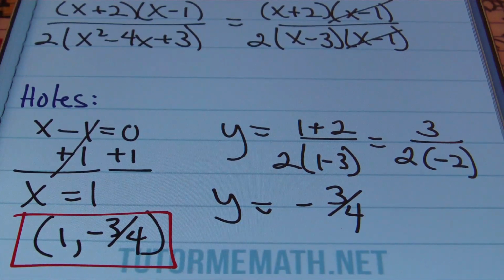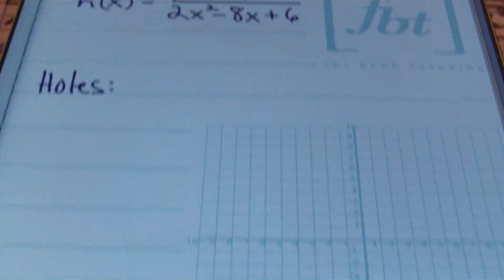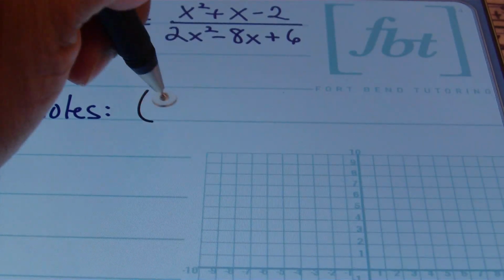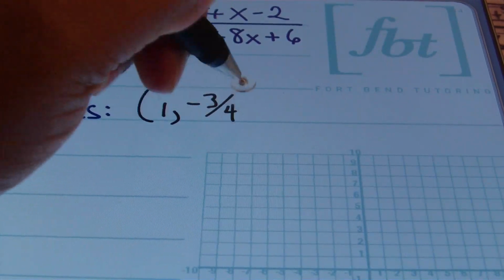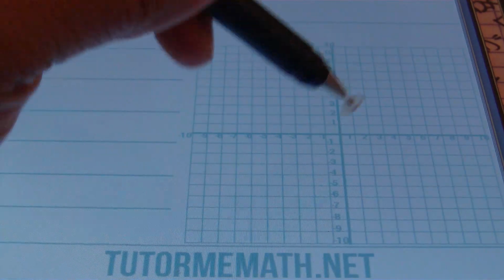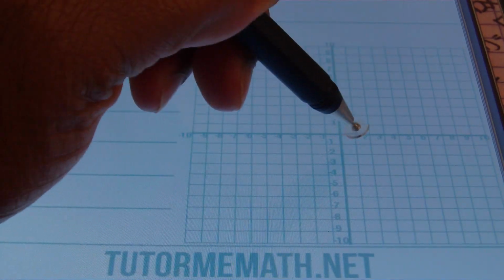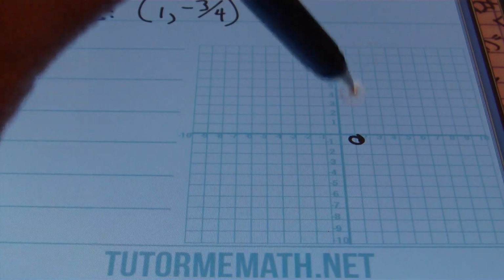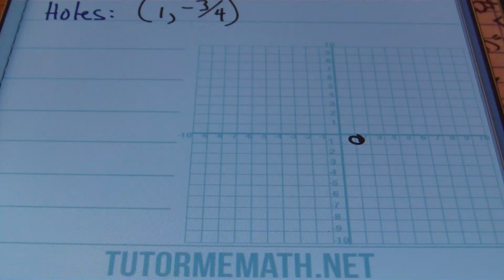All right, so let's go ahead and graph it. We have our original function here, which is h of x equals (x squared plus x minus 2) divided by (2x squared minus 8x plus 6), and we found out that our hole is located at (1, -3/4), and we're going to graph it on the rectangular coordinate system. Starting from the origin, we're going to go to the right one and almost a full unit down to give us a hole at (1, -3/4). That's your hole for problem number 6, ladies and gentlemen,